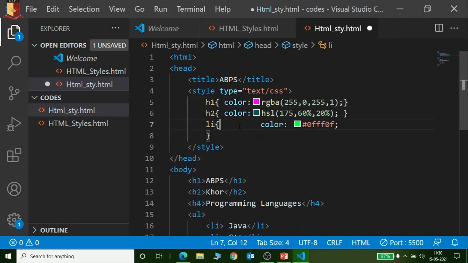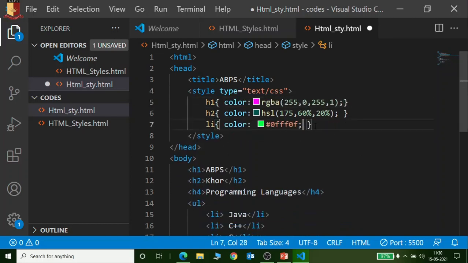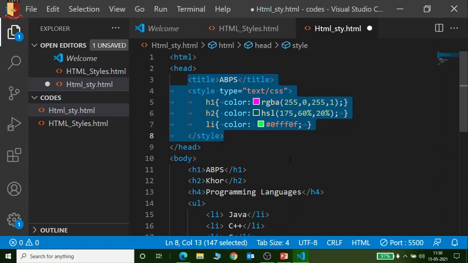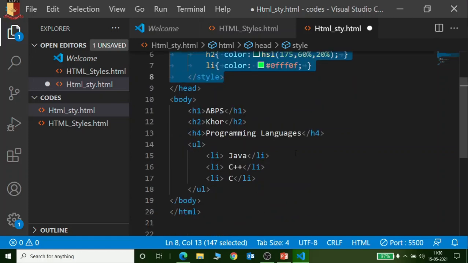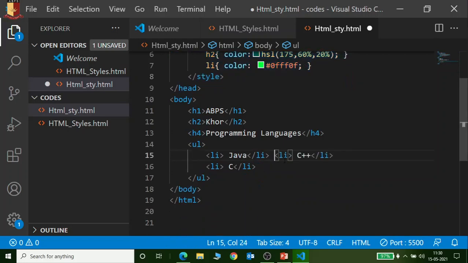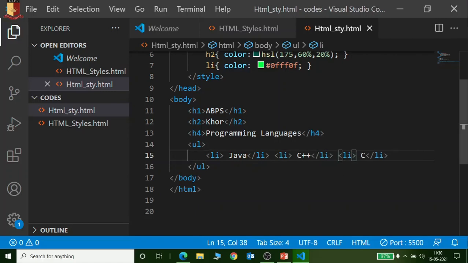So all these three actually I explained to you. Hope you understand. And I kept all these things within the head tag, and I have told you that earlier. This is the important thing, and I have to do the same. So this is the list one. I'm keeping all this in one line.